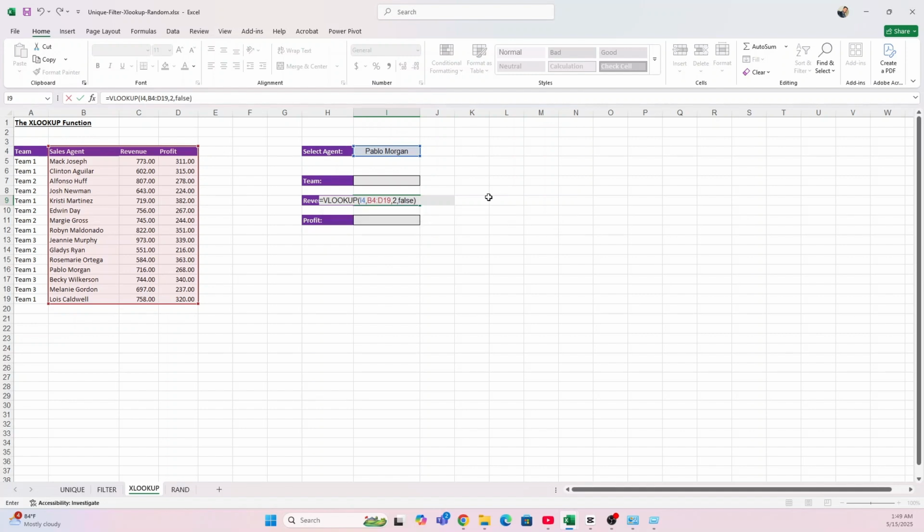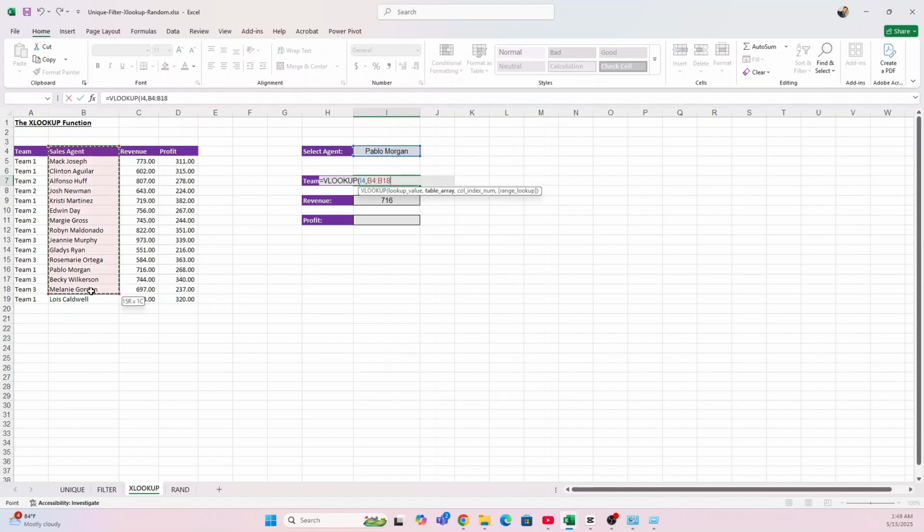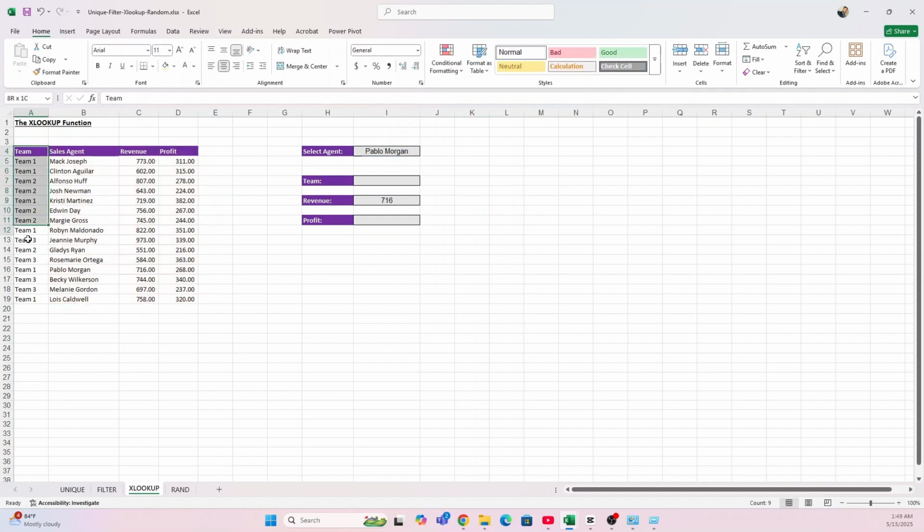Alright, so it works when it comes to revenue. So let's suppose we need to get the team. If we select the lookup value, we should start the table array, where the first column should contain the lookup value we are searching for. In this case we cannot, so for the VLOOKUP, there's the team column, and either we have to copy it here. So if we need to get the team details, we need to get the team detail here and apply the VLOOKUP function